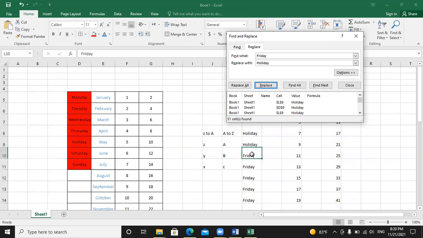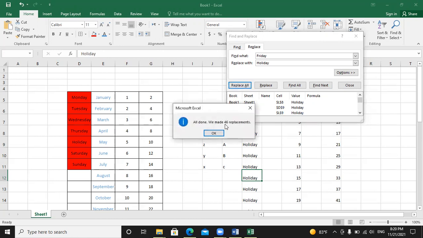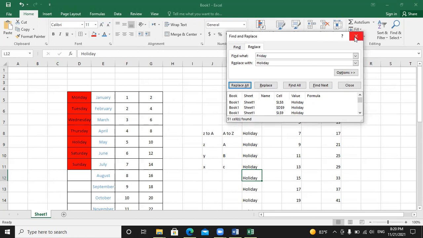Here it has replaced just one. If I choose Replace All, it will replace all cells in one click. Just click one time, and it will change all of them to holiday.